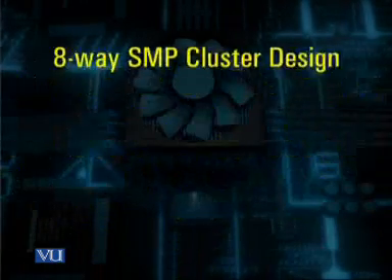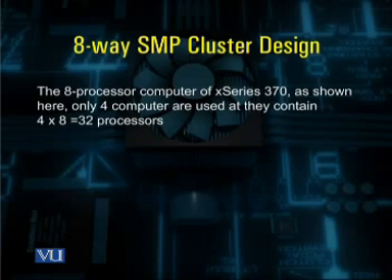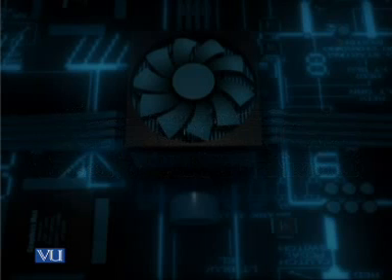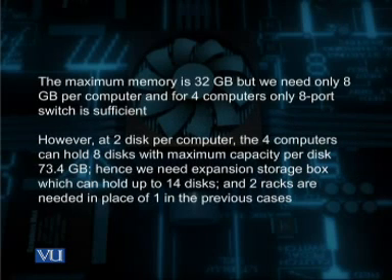Now let us consider the 8-way SMP cluster design. Here the 8-processor computers of series 370 as shown here are used. Only 4 computers are needed, as each contains 8 processors. Therefore, it gives us the required number of processors equal to 32. The maximum memory of 32 gigabyte is easily available over here from 4 computers, as each has got 8 gigabyte of memory. However, with 2 disks per computer, the 4 computers can hold 8 disks with maximum capacity per disk equal to